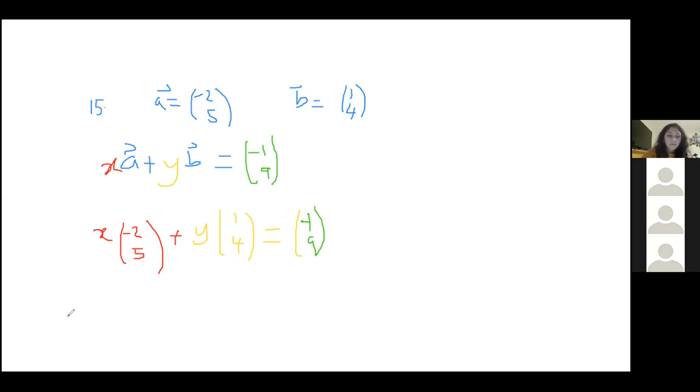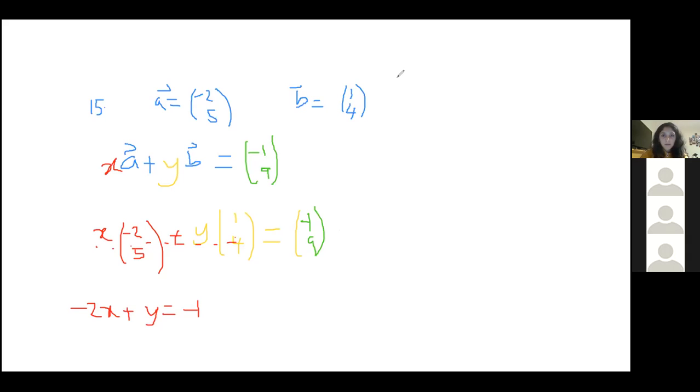So that was quite a lot of words. So let me show you what I mean. We collect the x terms, so x times -2 is -2x, and then plus we collect all of the x terms. So y times 1 is also an x term, so that's just y is equal to -1, because that's that. So notice it's kind of like the top row.